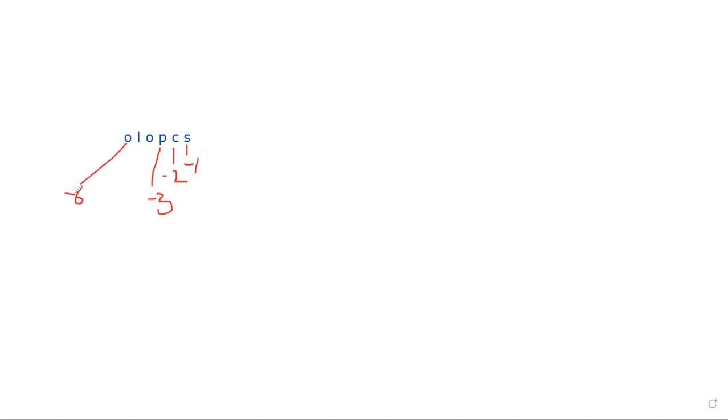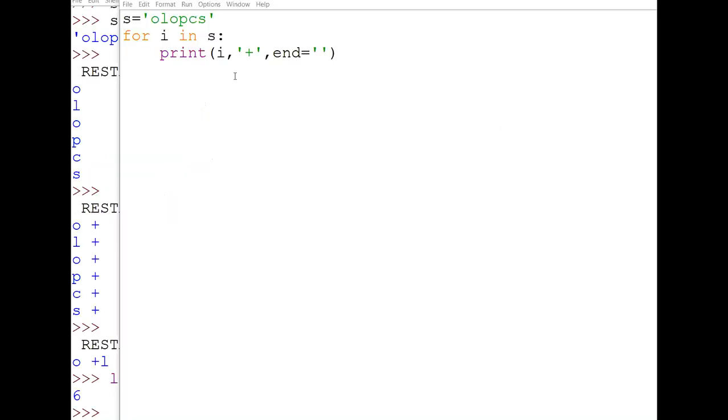As I said, forward traversing we have already done. We simply run the loop from the start till the end. But suppose I want to do backward traversing, how can we do it? It will start with -1 because the last value is what I want to print first. So it will start with -1, then -2, -3, -4, -5, and -6. It means I want to run my loop from -1 till -6, and I want to give a negative step value. So how can we do that? For that, we know the length.